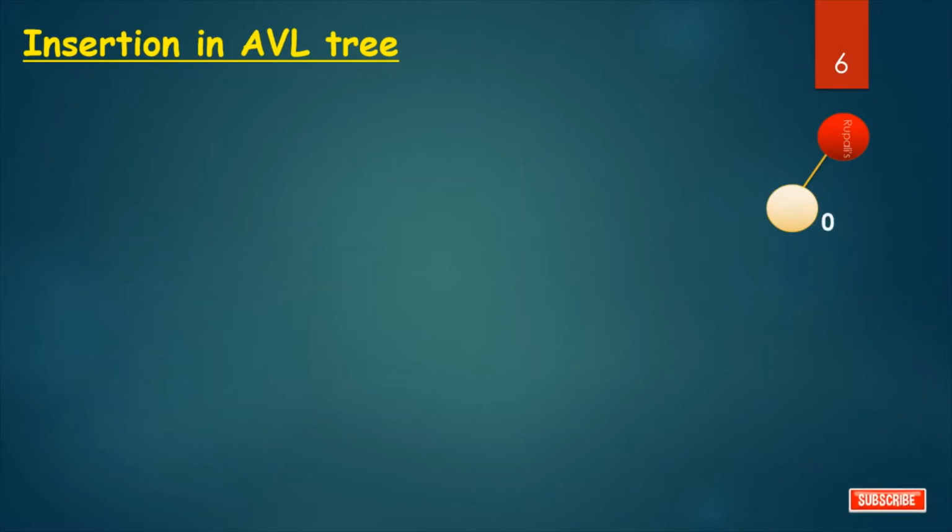It is 0, and for this node it is 1 because the left subtree is 1, right is 0. And insert another node. Now the balance factor is 0. For this node it is 1, and for this node it is 2. Now the tree is not balanced, because we can say the tree is balanced if the balance factor is either 0, 1, or -1. But here it is 2. So the tree is not balanced. So we have to give one rotation to make it balanced.